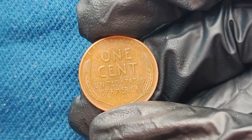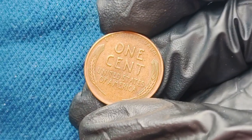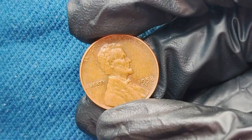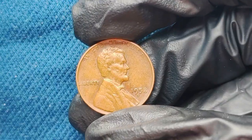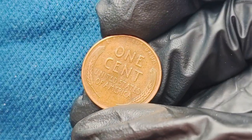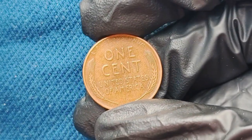Some coins minted that year carry errors so subtle that decades pass before collectors even notice them. And when they do, the results are shocking. Coins that might have been spent on gum or bus fare suddenly find themselves selling at astonishing sums, numbers that seem impossible for a 1-cent piece. Consider this: pristine 1958 pennies, graded at the highest levels of perfection, have been reported to sell for as high as